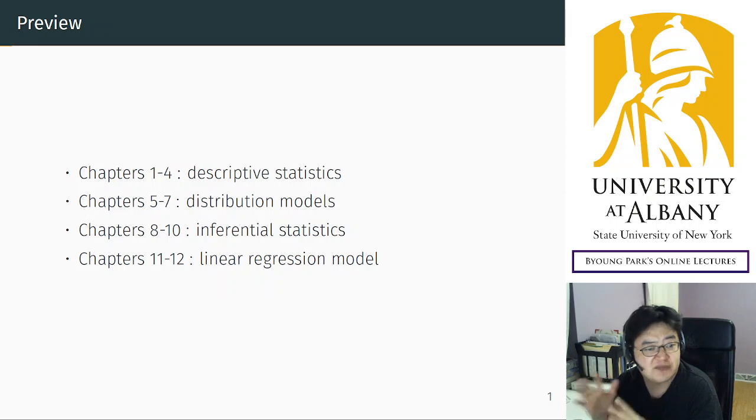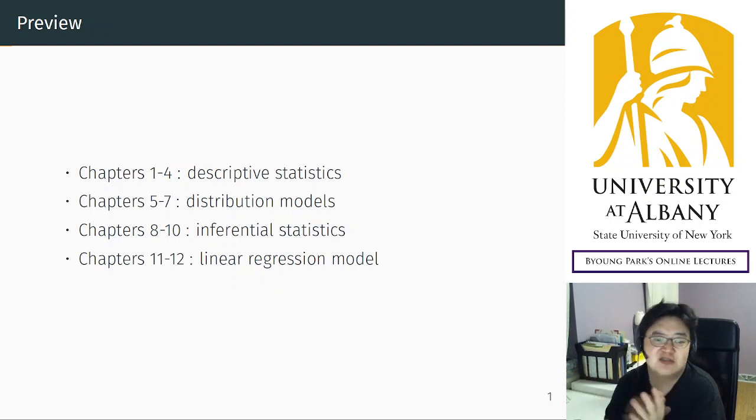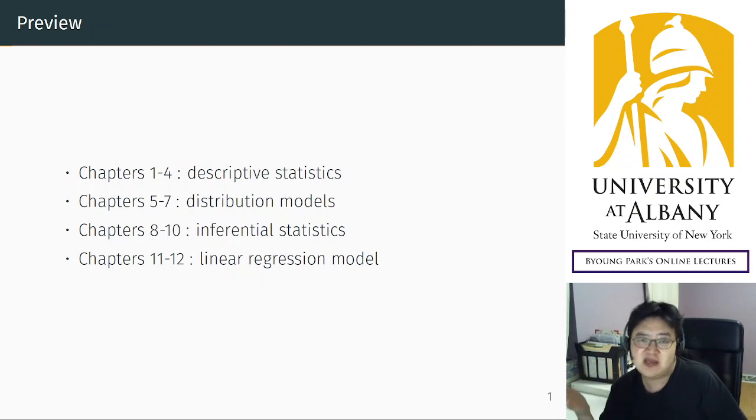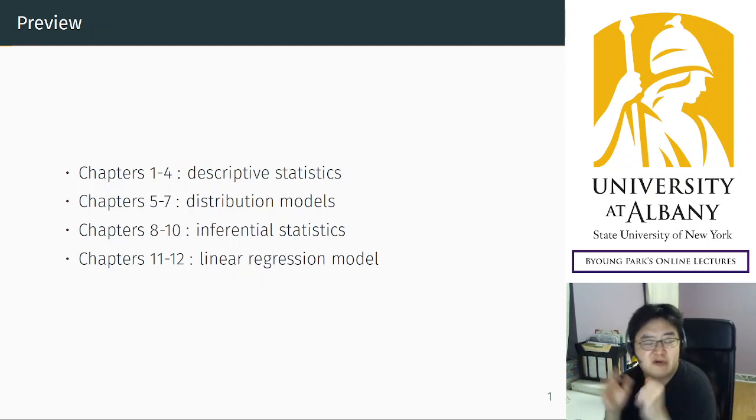The last two chapters are about linear regression models. The linear regression model is the most important model in statistics and any statistics used in social sciences. To understand the linear regression model, you need all the tools we learn from chapter 1 to 10. The goal of this course is to learn linear regressions,